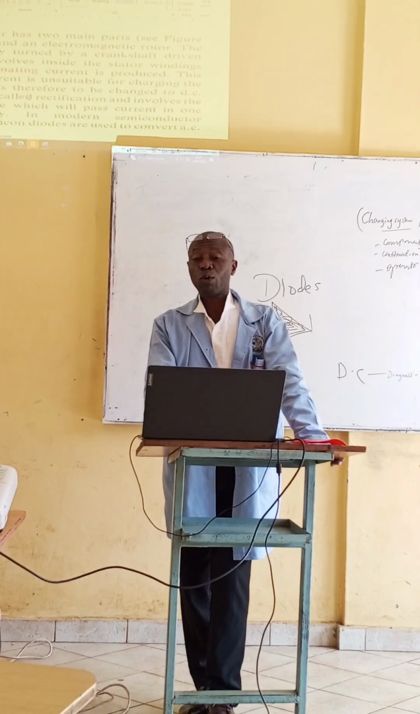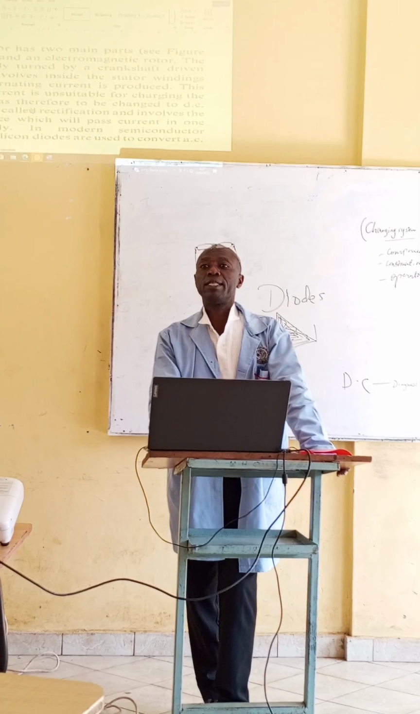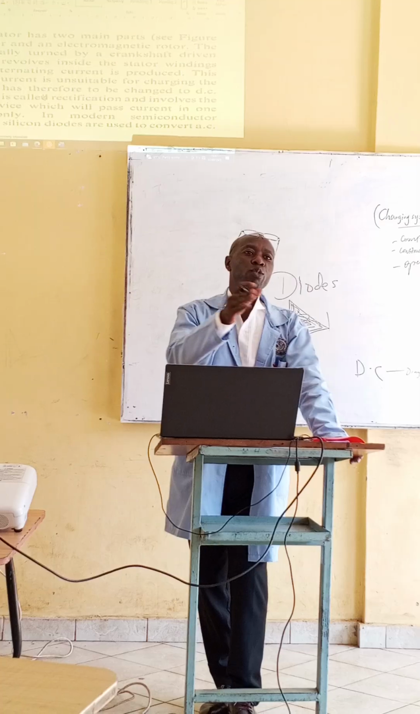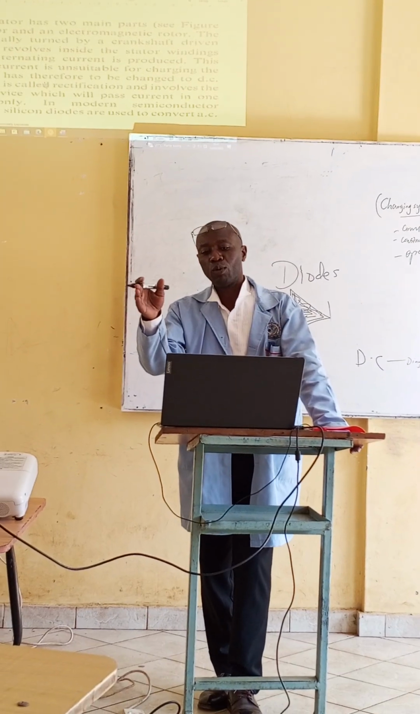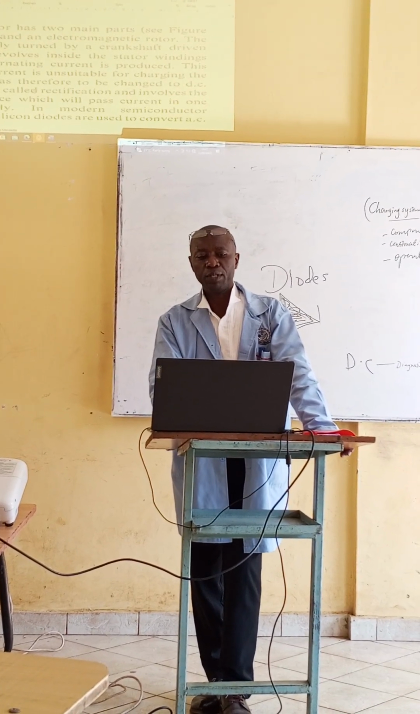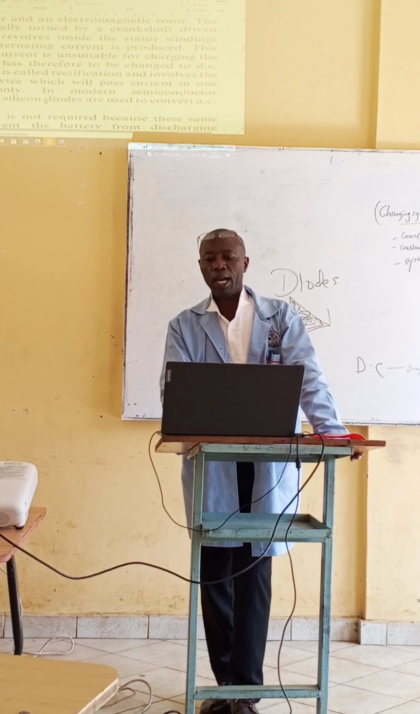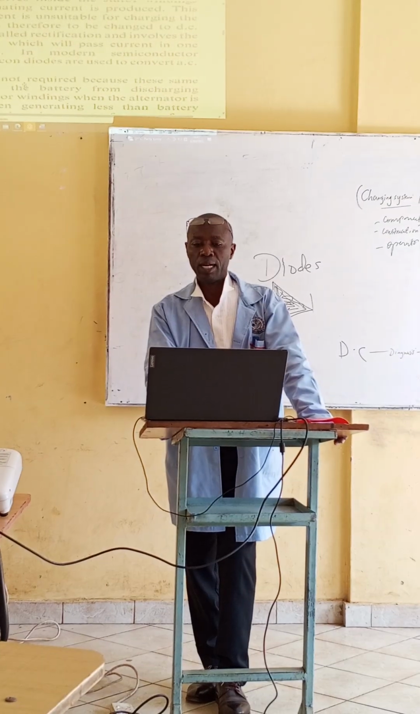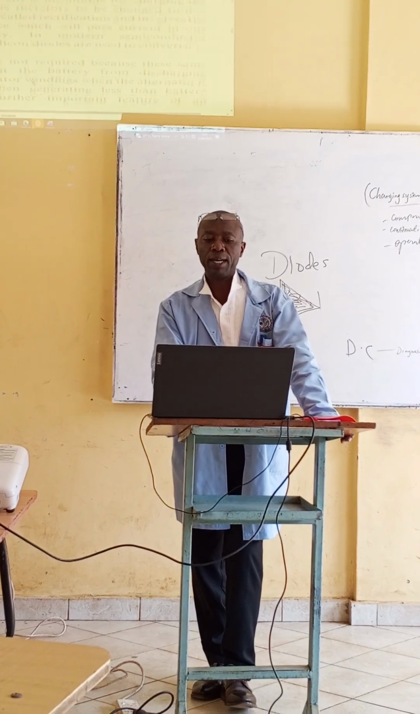So this process is called rectification. Rectification, just rectify. If something is not good, you are trying to rectify it so that it can be proper. So that's rectification, and it involves the use of a device which will pass current in only one direction, called a diode. And in modern semiconductor rectifiers